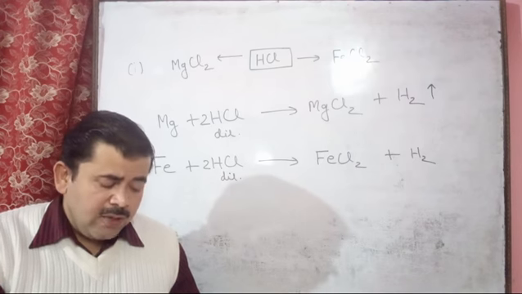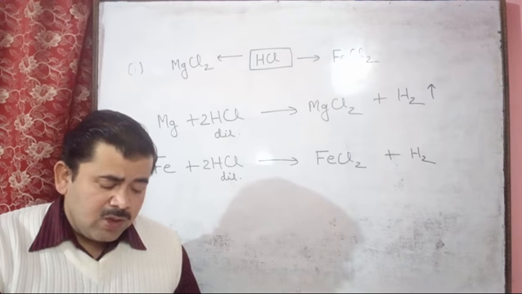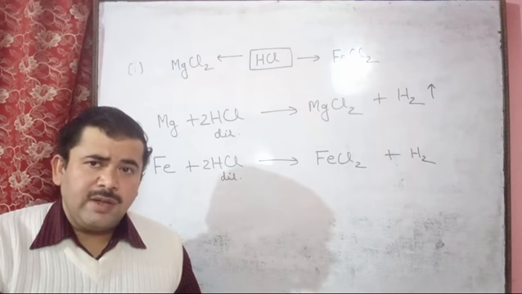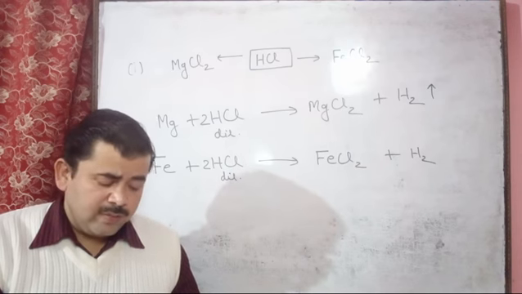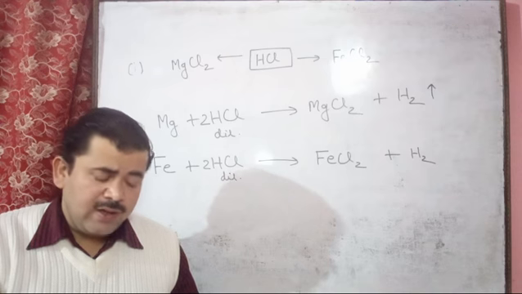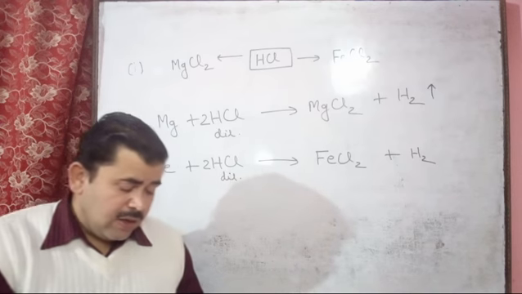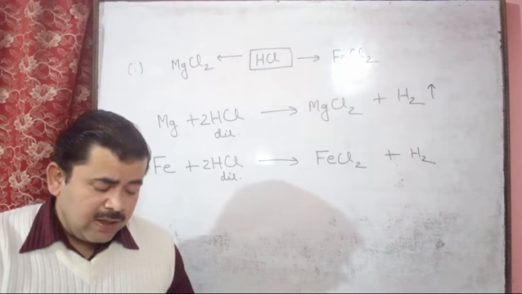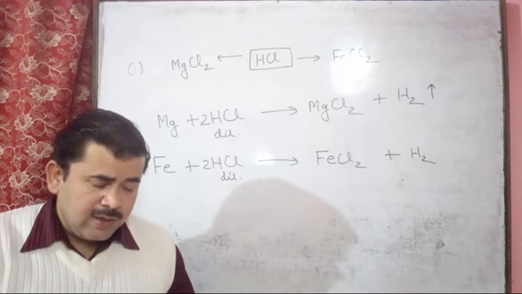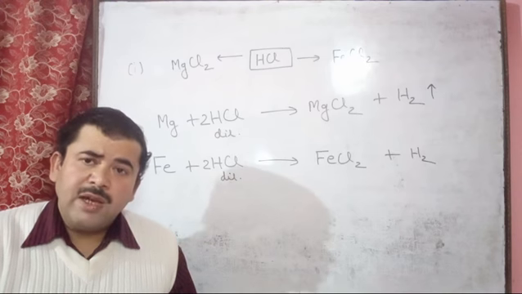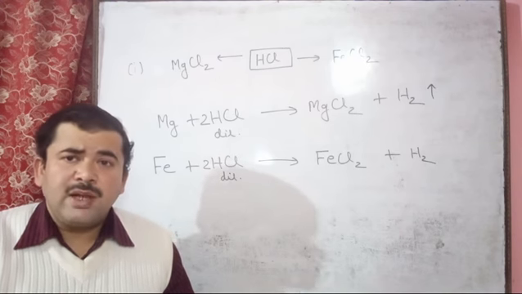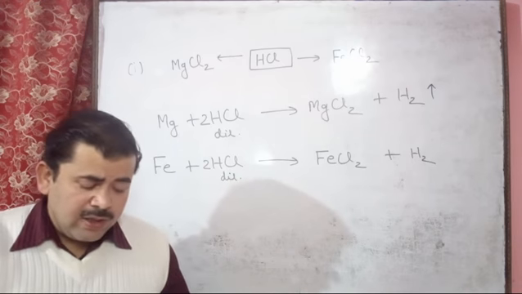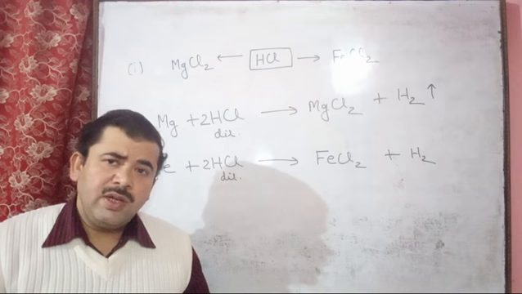Third part, name the solution which absorbs the impurity hydrogen sulfide. So here lead nitrate, Pb(NO3)2, lead nitrate. And fourth question, state why hydrogen is collected after all the air in the apparatus is allowed to escape. Because hydrogen is an inflammable gas, and it makes an explosive mixture with air. Fifth question, name a gas other than hydrogen collected by the same method. So here oxygen.